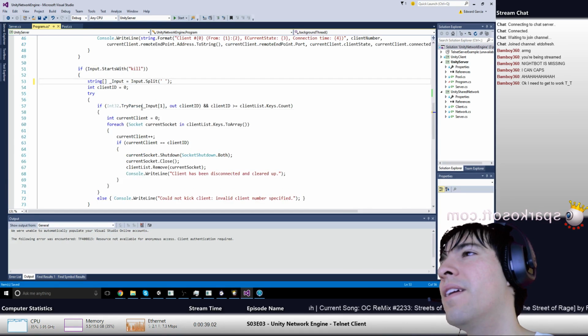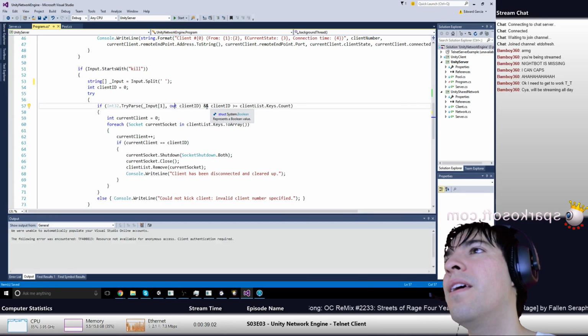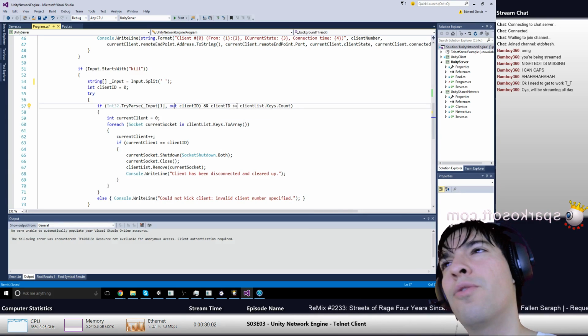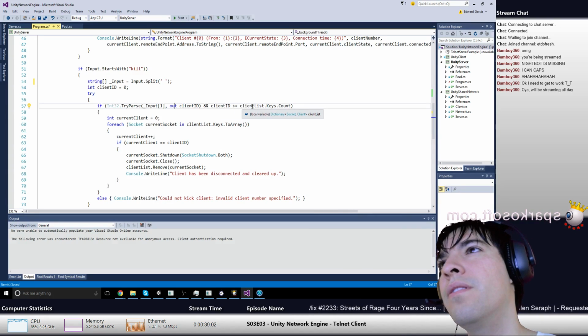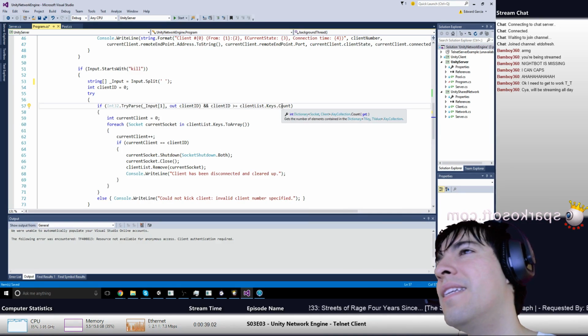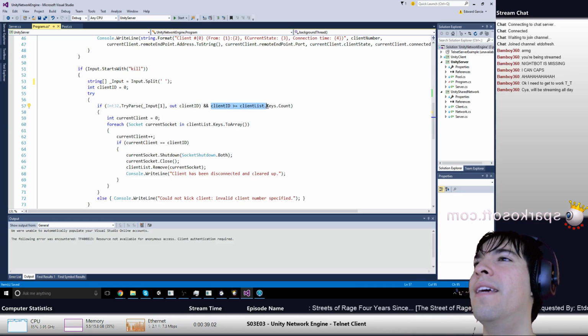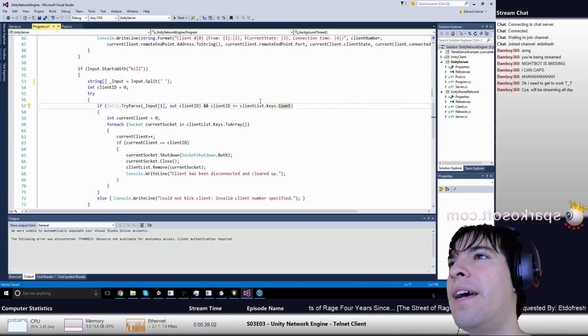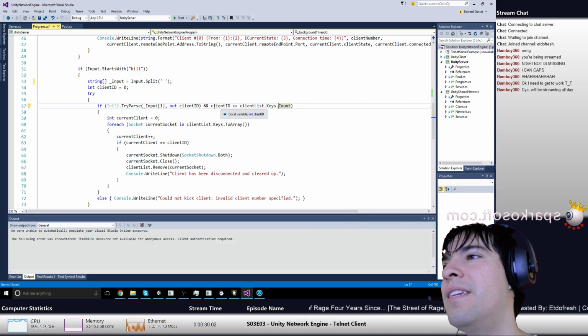Wait, let me just see if I understand this. Alright, you're going to try to get an int out of this, which makes sense. And you put that into this client ID. Alright, no problem. And client ID is greater than or equal to client list.keys.count. That's the one I'm trying to understand right here. Because you're going to have a list of clients, so if there's like 2 clients, and you're saying, hey, if the client ID is greater than that,